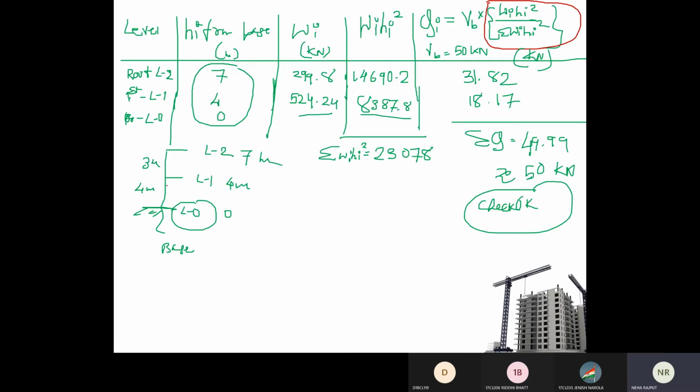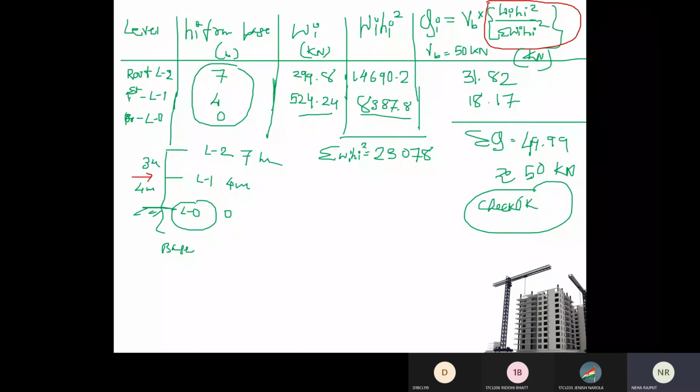Now as I explained earlier, the earthquake force is acting at the center of mass point. So if this is any plan of the building, and suppose from that you will get the center of mass point over here, right? So eventually the force which you have found out, that force for each and every floor,